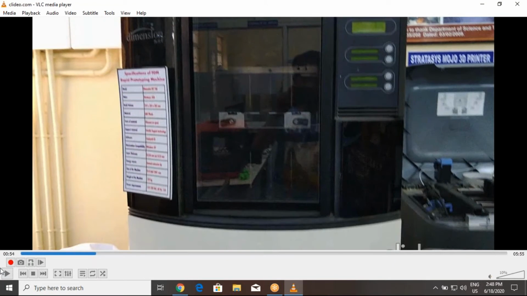Now the next is a Dimension SST 768 FDM RP machine we are having at NIT Warangal. This is also a Stratasys US model, and the maker is Stratasys. The build volume for this machine is 254 by 254 by 305 mm, and the material is ABS plastic, in the form of filament on spool.